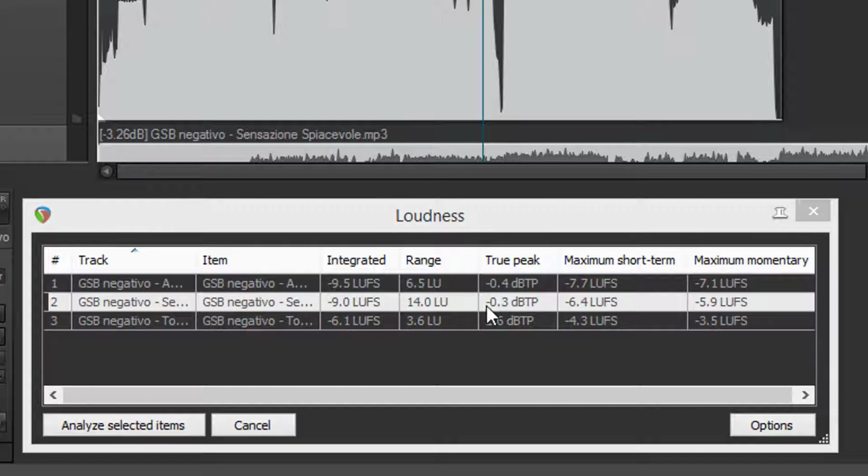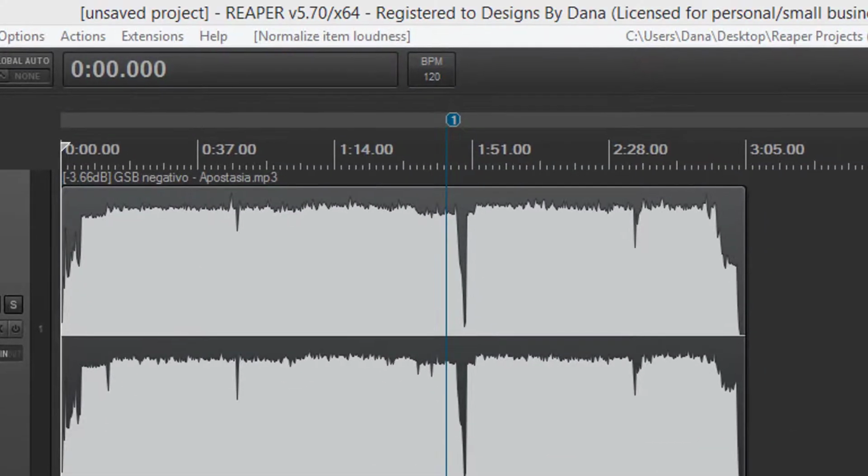Okay, so now we're at a negative 0.3. Here we're at a 0.4. Here we're 1/2 of a dB off as far as our loudness range if you were to play these tracks back to back. And now for the last one,